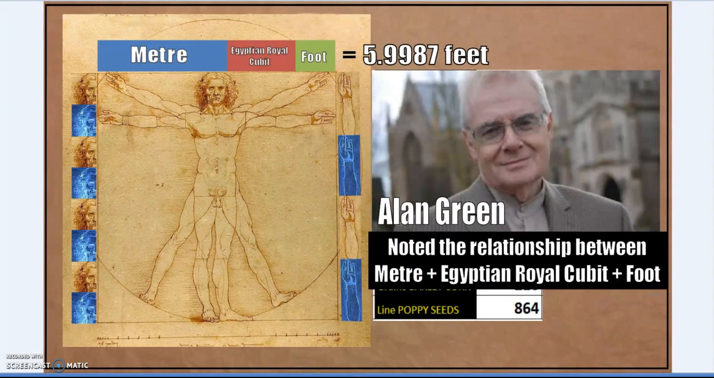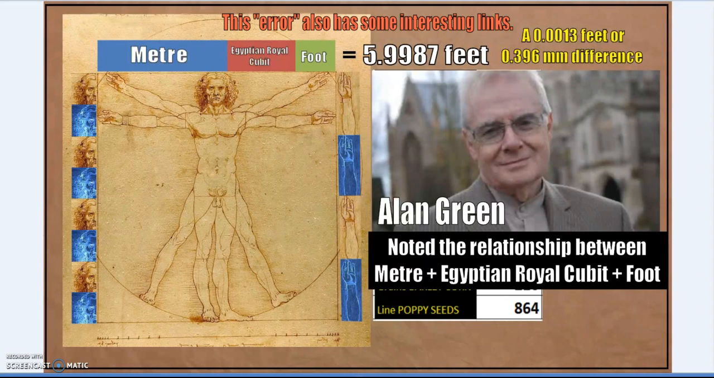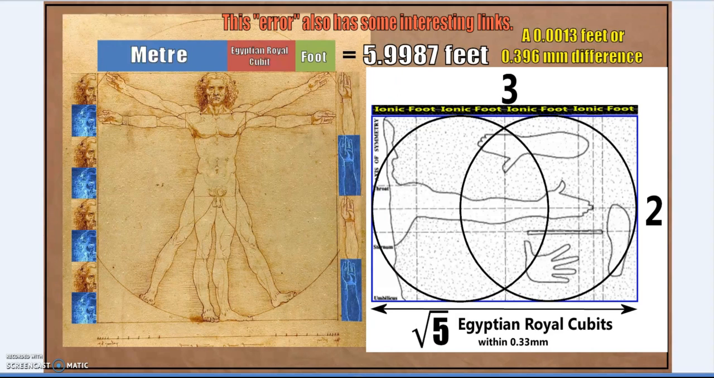And so I'll link in the description to Alan Green and some brilliant work that he's done on this. He was the one who showed the connection between the meter plus the Egyptian royal cubit plus the foot. And it is ever so slightly short of 6 feet, 0.0013 feet, or 0.396 millimeters difference. This error has some very interesting links, which brings us back to the Salomon Stone, which is